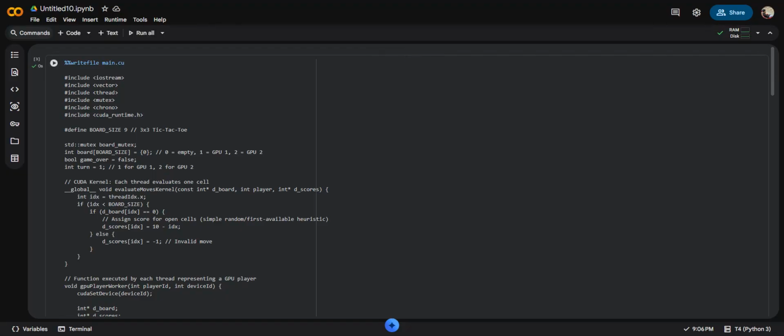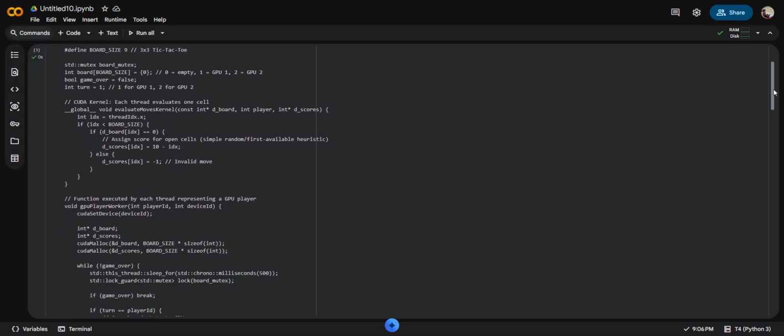The parallel CUDA kernel, evaluate mouse kernel. Let's look at line 14. In this, evaluate mouse kernel. Instead of looping on the CPU, we launch 9 parallel CUDA threads, one for each cell on